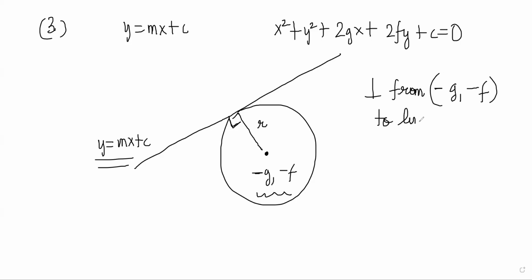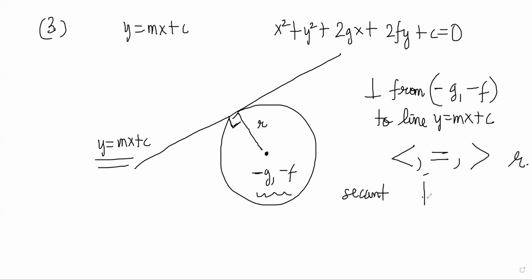to the line y is equal to mx plus c, that perpendicular distance can be less than, equal to, or greater than the radius, right? If it is less than, the line is a secant. If it is equal to, the line is a tangent. And if it is greater than the radius, the line doesn't intersect the circle. So this is a standard method also, which is much faster than trying to solve the equations and putting discriminant